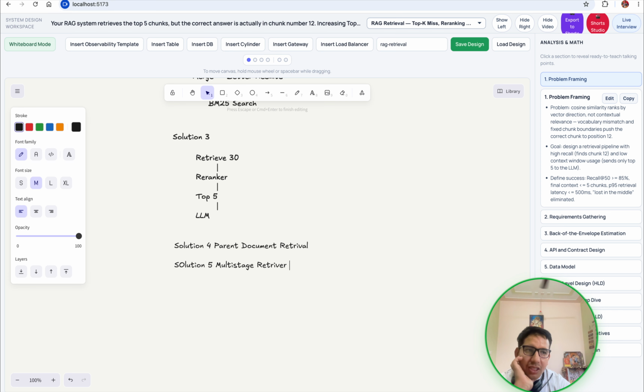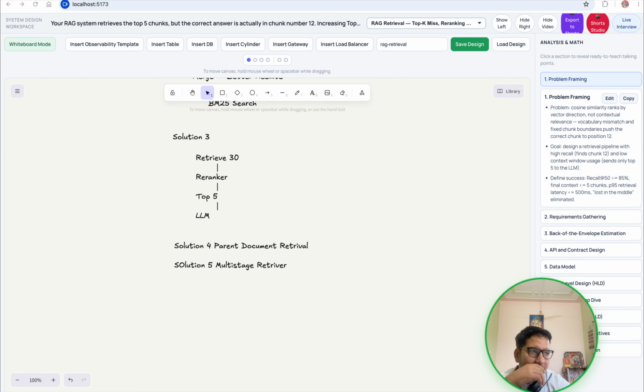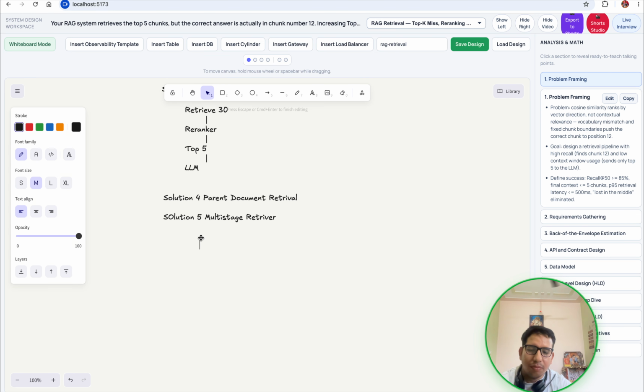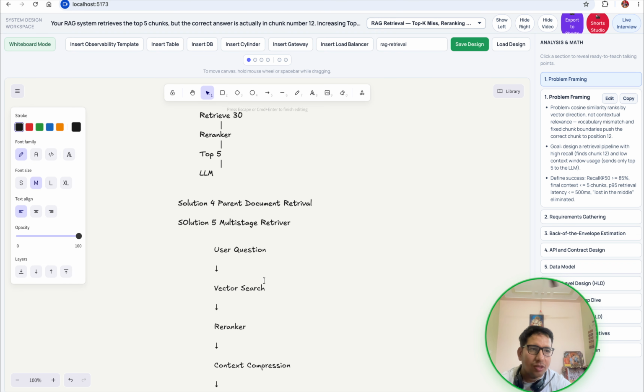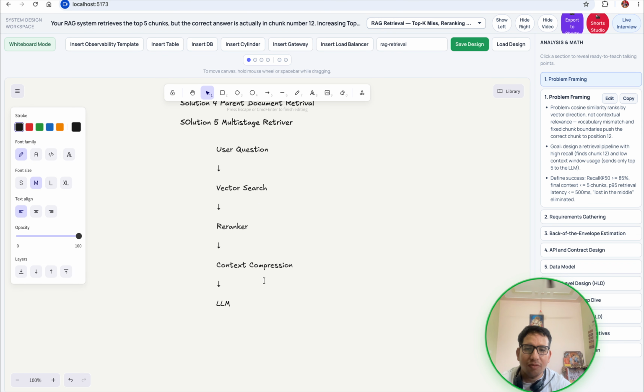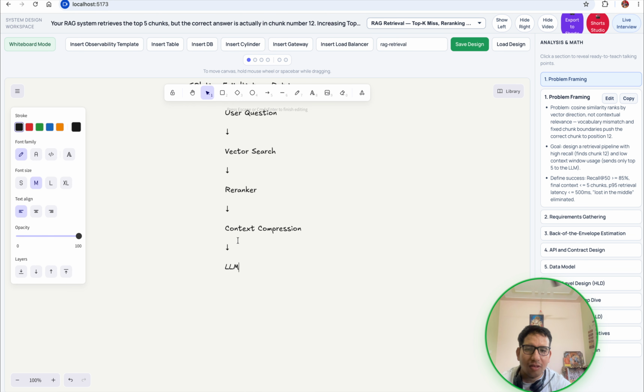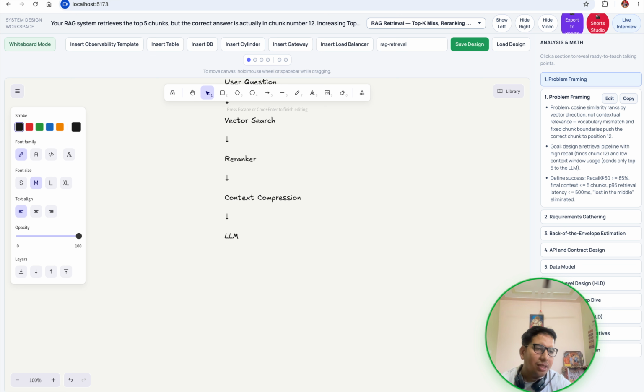The user question comes in, then vector search happens, then the reranker, then context compression, and then it goes to the LLM. Only the best information reaches the LLM. This keeps cost low and quality very high.